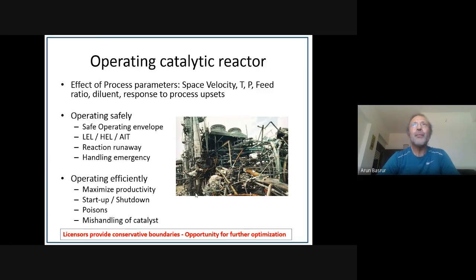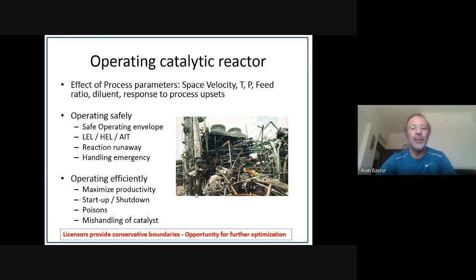In this role, the main role of a chemical engineer is to operate the catalytic reactor efficiently and get maximum productivity from the catalyst. One way of defining maximum productivity is the amount of the metric tons or kgs of products, either per gram or per kg of the catalyst. Try to maximize that. Smooth startup and shutdowns are also very important, because most of the time the reactor will be operating at steady operation, but startup and shutdown are something that